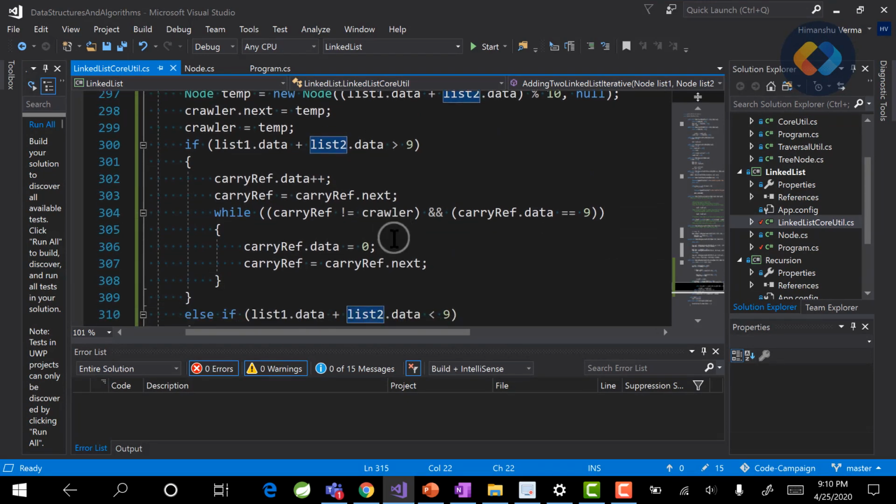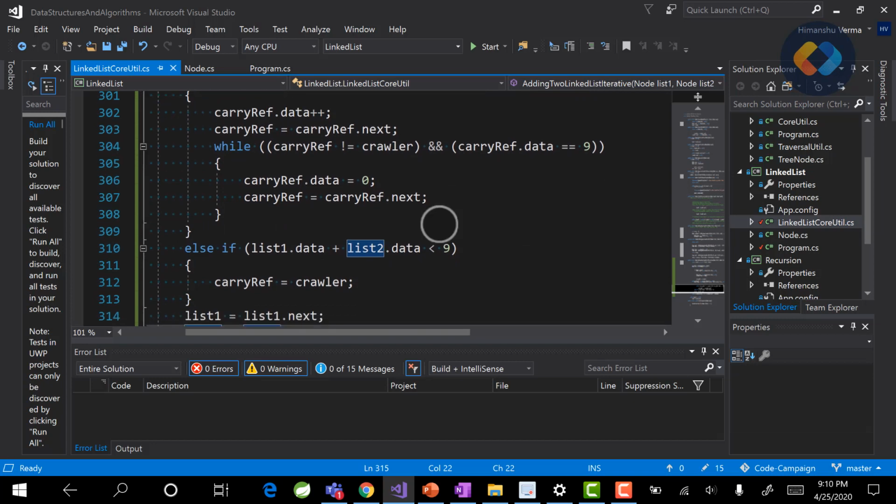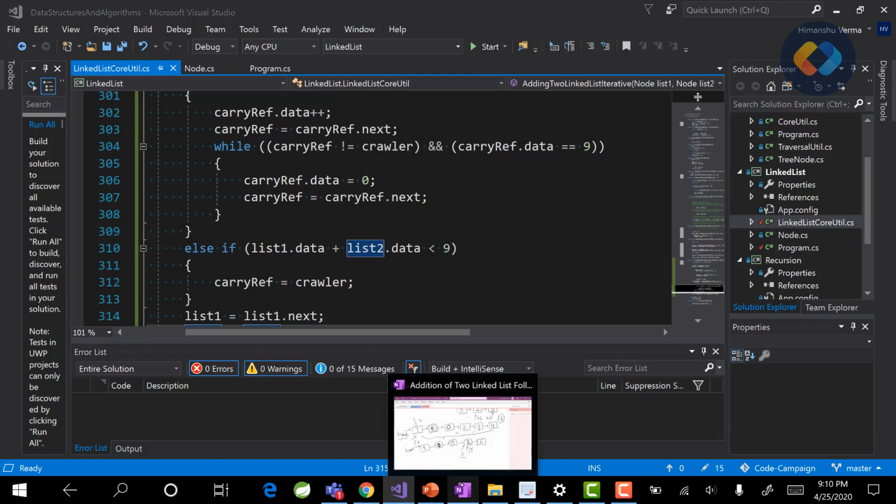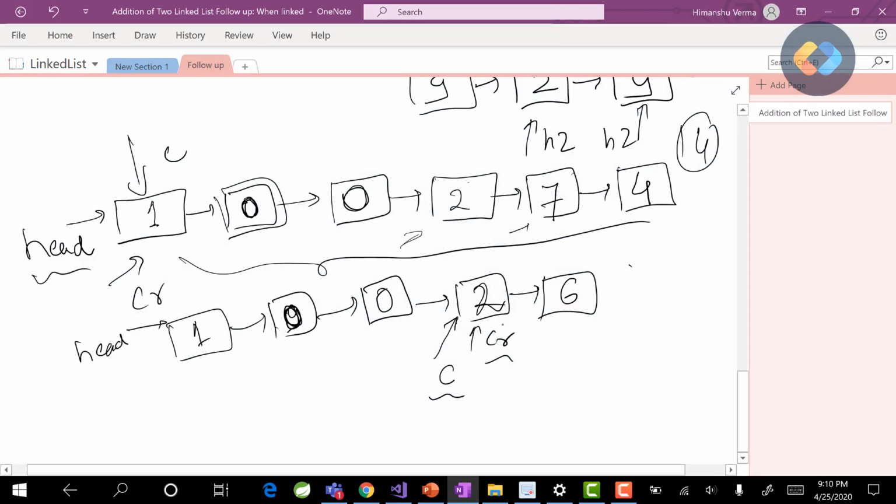When the sum is not greater than 9, we'll move our carry to the crawler, right? As you know, we have added a new node here, so the crawler automatically comes in, right? And now we are checking if this 6 is greater than 9. No, 6 is not greater than 9. So we know even if a carry is generated afterwards, it will not be propagated back, so we can safely move our carry pointer here. So that's what we are doing here, right?